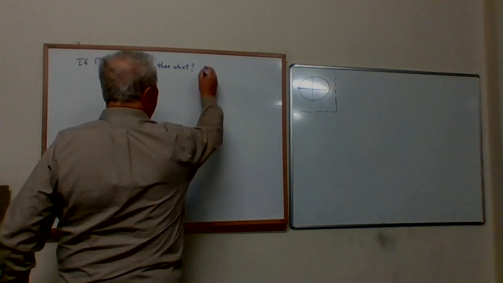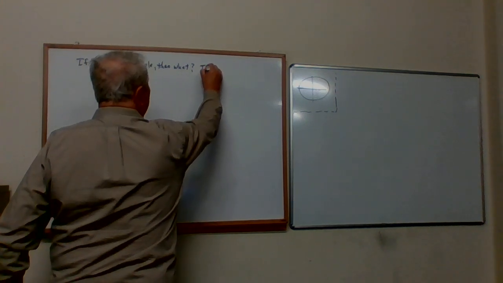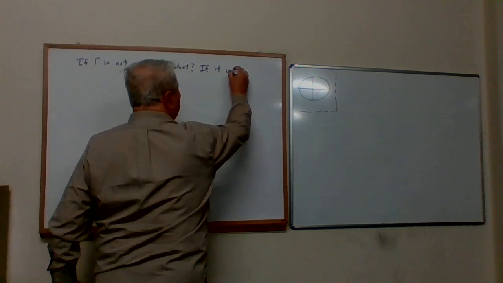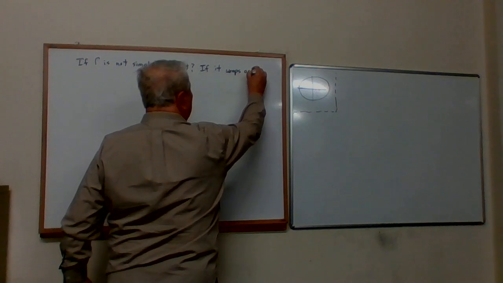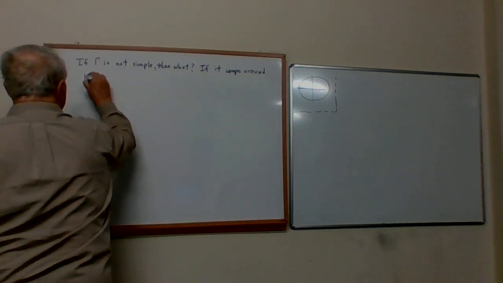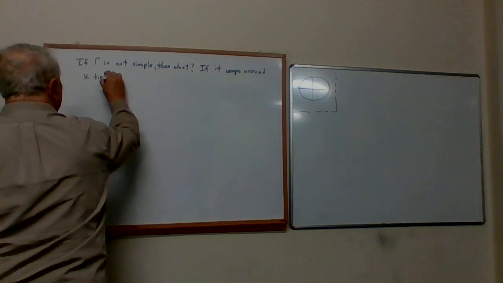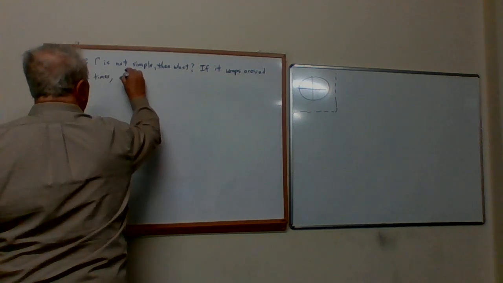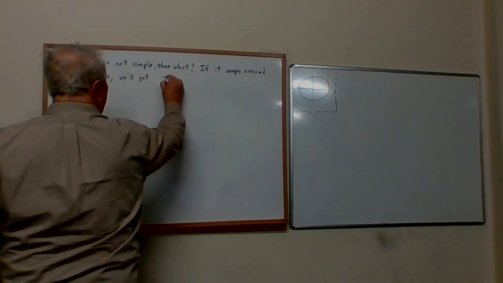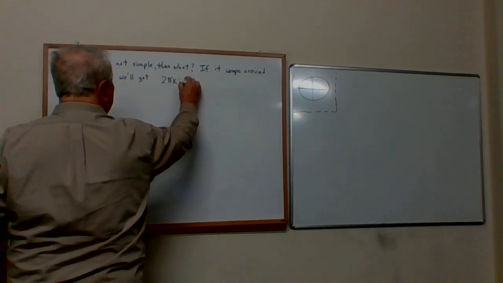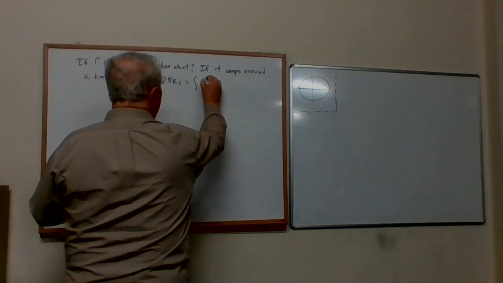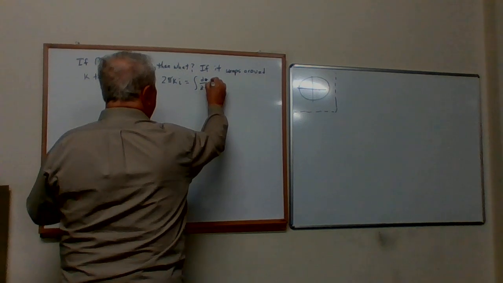What we're going to get then is, if it wraps around k times, we'll get 2 pi k times i is the integral of dz over z minus a,